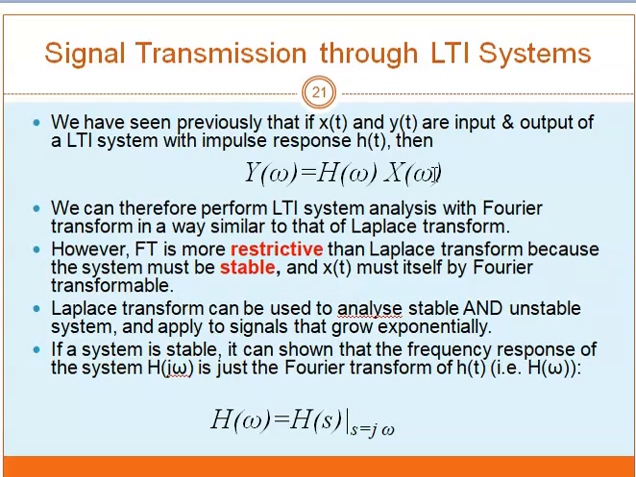But bear in mind, the Fourier transform is more restrictive compared to the Laplace transform. Why? Because the system for the Fourier transform must be stable and the input signal, x(t), must be Fourier transformable. On the other hand, the Laplace transform can be used to analyze stable and also unstable systems and applies to signals